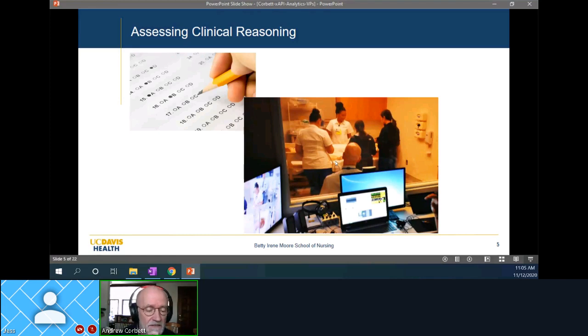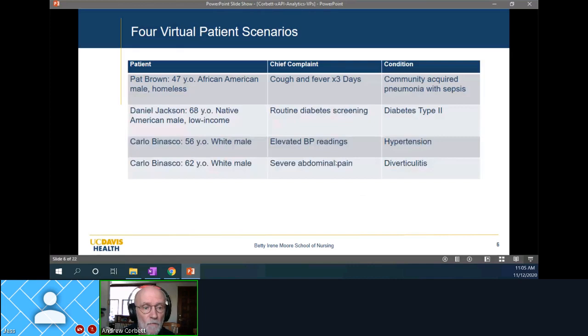But that, of course, is time-consuming. But if we use virtual patients, then you're able to do more of them, and you're able to give students more formative experiences with those patients. So the data I'm going to be talking about is 4 of the virtual patients that